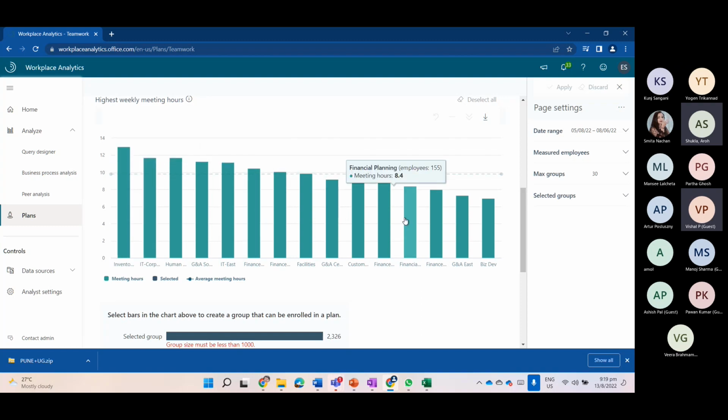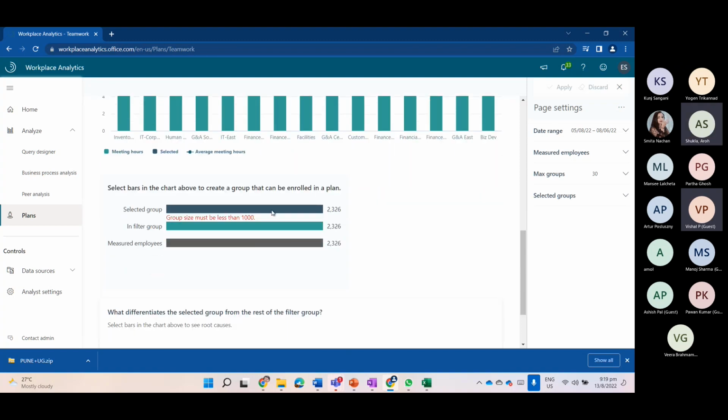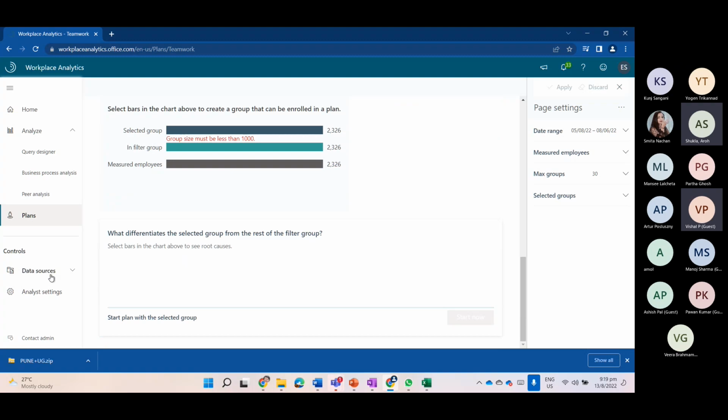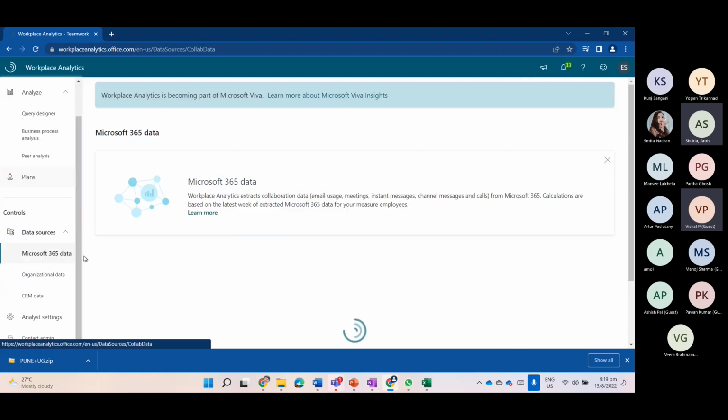So again, this kind of thing we can easily see. Again, the data is declassified. There's no person. These are the groups. Okay. So they mention that the meeting hours for the group should be minimized. It gives you an idea how it works. Okay. And the data